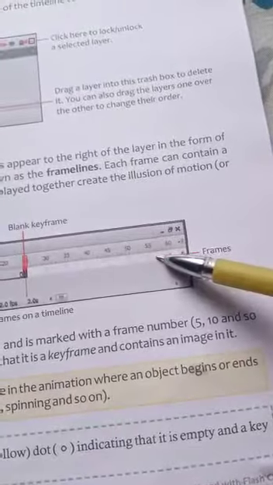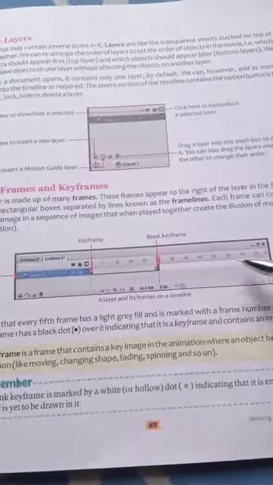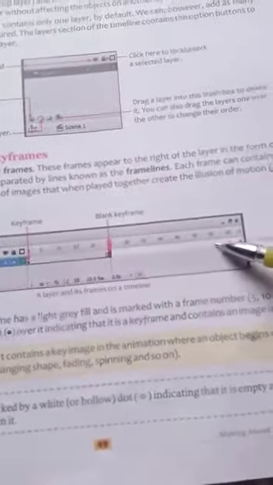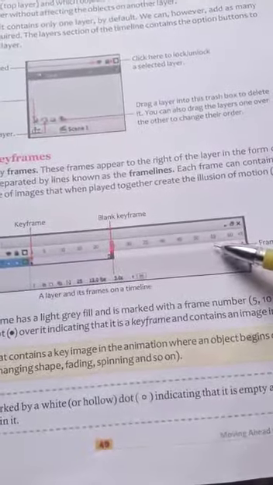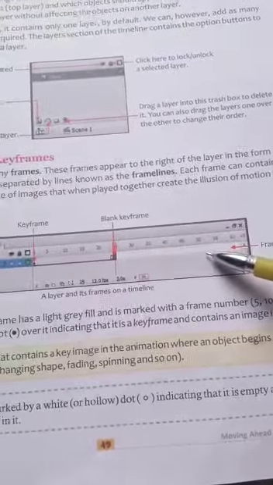The small rectangular boxes are called the frames, separated by lines known as the frame lines. The two lines make a box. This is known as a frame and these lines are known as frame lines.